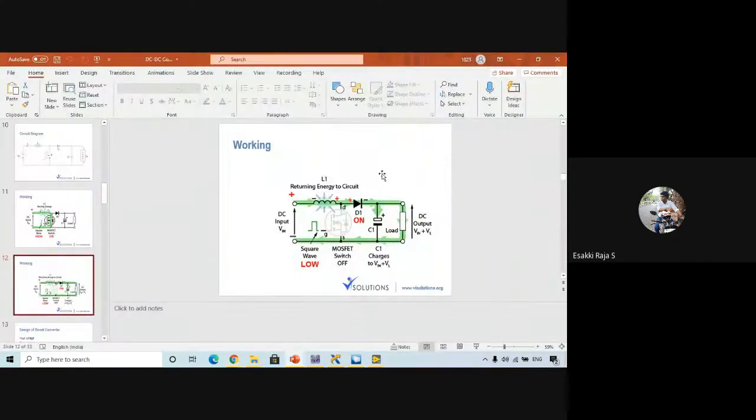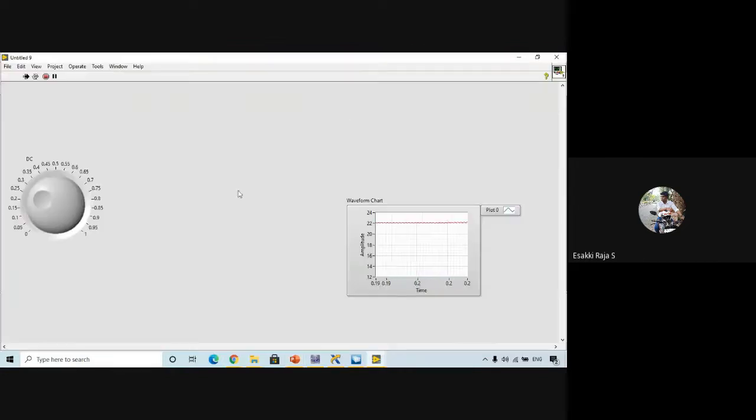Okay, so in this circuit, this is the actual working. If you want to understand even better, I can make it clear. You know what exactly this duty cycle means. If the duty cycle is 0, which indicates on time is 0 and off time is max. If I slowly increase this, what happens? Off time will keep decreasing, on time will slowly increase.